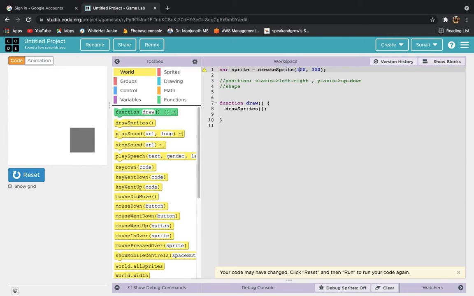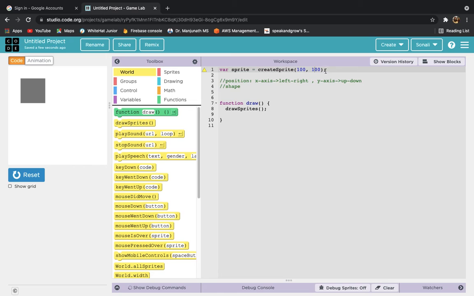Let me move it a bit left and up so that you can see it properly, and then we will work on the shape. The shape also has two things: one is width and another one is height. Width is basically thin or thick, correct?